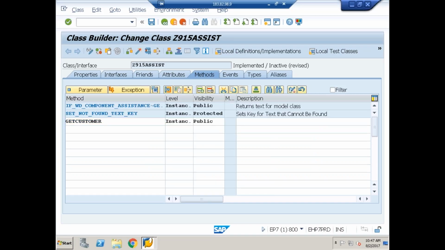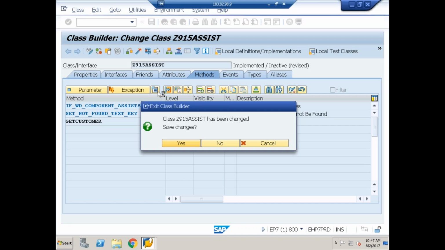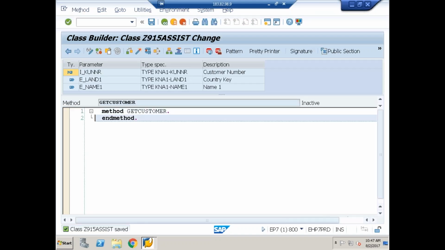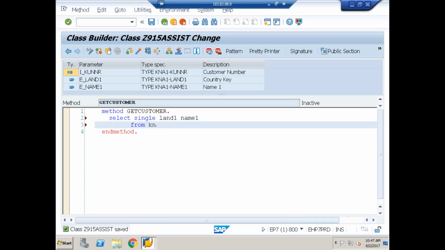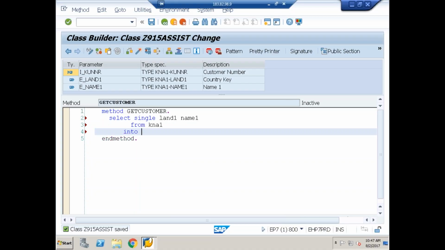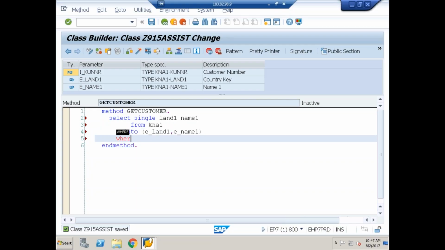Let me write the logic. So double click on the method, right? Here I'll say select single. What are the fields? land1, name1 from KNA1 into the export parameters, E_land1, comma E_name1, where customer number is equal to the imported customer number. Save it, check it,